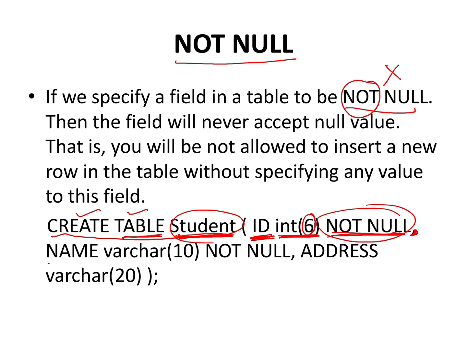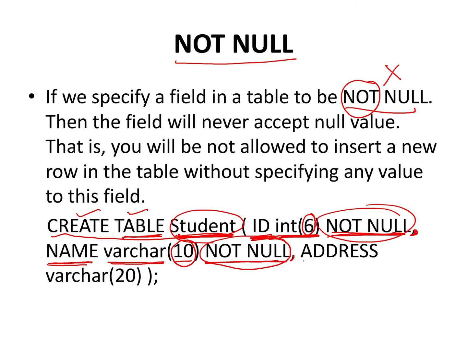So the next column is name, and then variable character, varchar. What is the maximum length? 10. And then I say not null. That means any student taking admission in a certain college, I'll try and make sense of what I'm trying to do here. Any person who is taking admission to a college has to have the ID and has to have the name. So it cannot be left blank, right? So I've put the constraint, not null. It can never be blank. Separated by a comma.